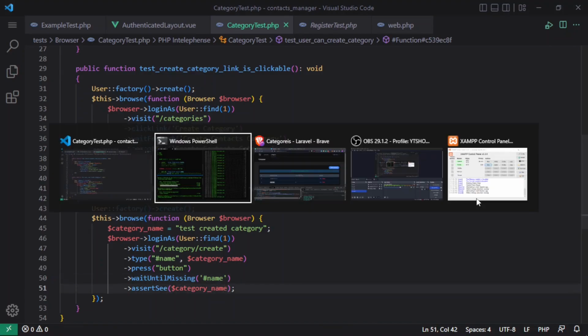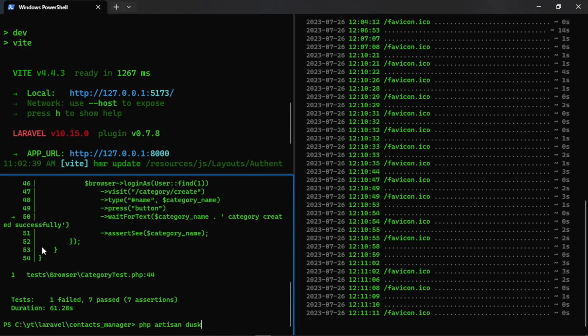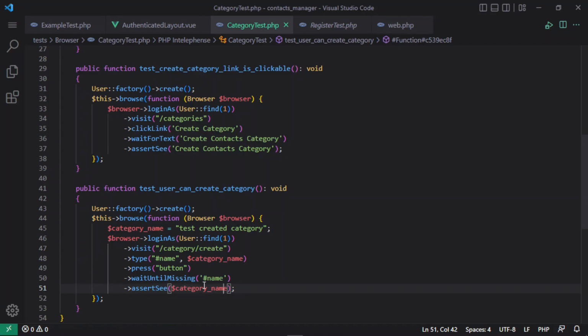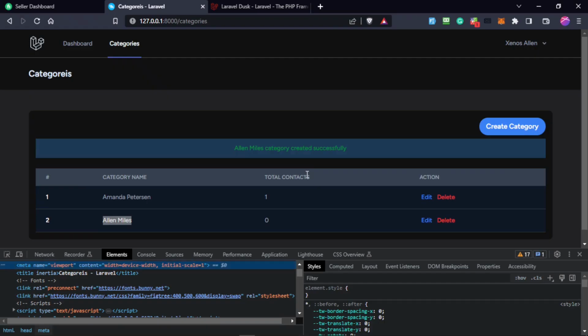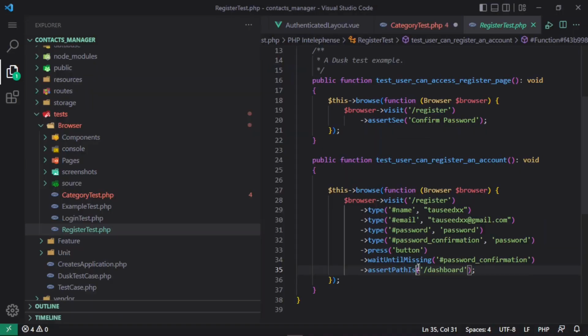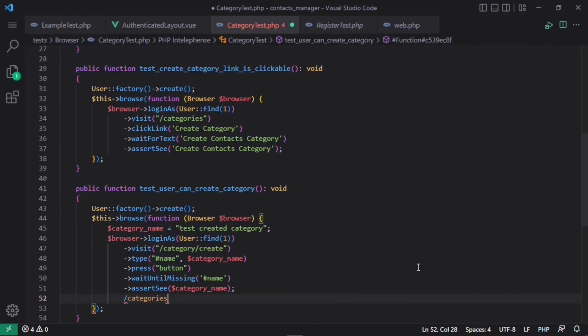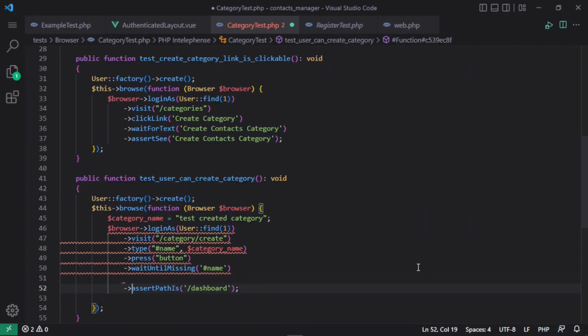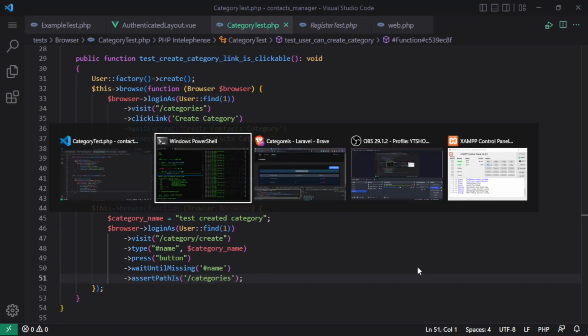I'm going to rerun the test. Okay, it has failed again. I guess it's not able to see this. Maybe we can just check for the created successfully message, or we can check the URL as well. Let's try that. For the URL, the assertPathIs method is used. So I'm going to remove the assertSee and use assertPathIs. And also,